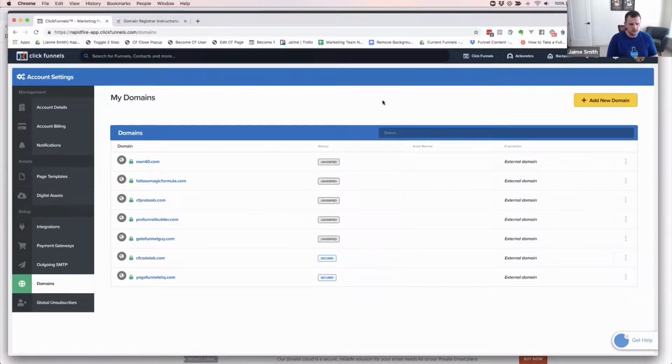For this, I use G Suite. Google offers a tool they call G Suite, where you can pay them to give you your own custom domain email address. Normally you'd register a Gmail account, you could register yogafunnelshq@gmail.com, and they'll let you use that one, but then you can't send and receive email at yogafunnelshq.com. It has to go through that